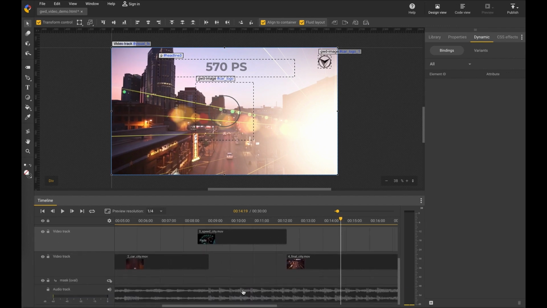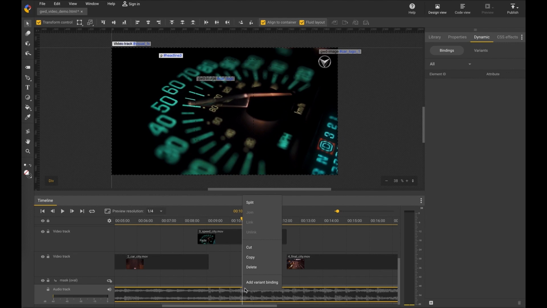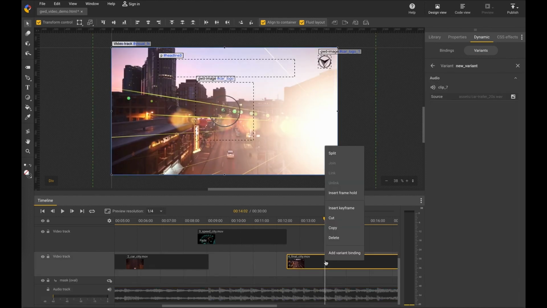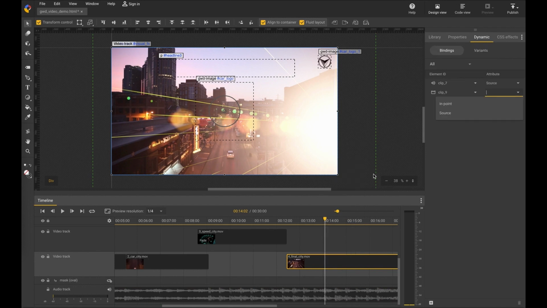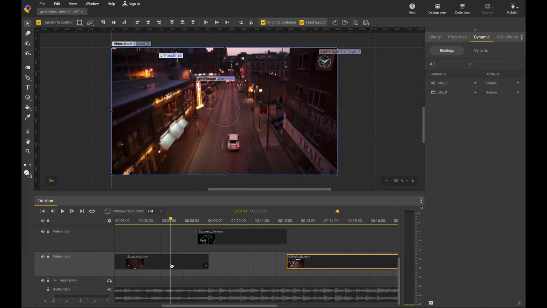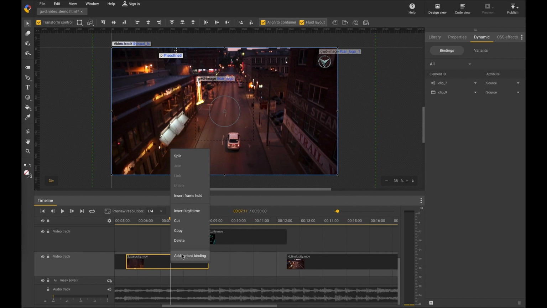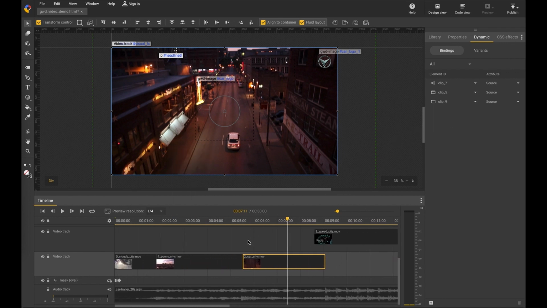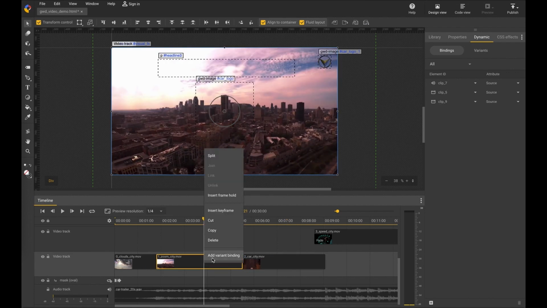And now I also want to replace the soundtrack, depending on maybe what the message of the creative is and so on. So let's change the source of clip 7. Clip 7 is the soundtrack. If I double click here, you can see now. Oh, okay, forgot. So add variant binding for the last video, change the source. You can also see there's an in point in the source. In point means we can also define at which millisecond the video should start. But we want to change the source here, basically.